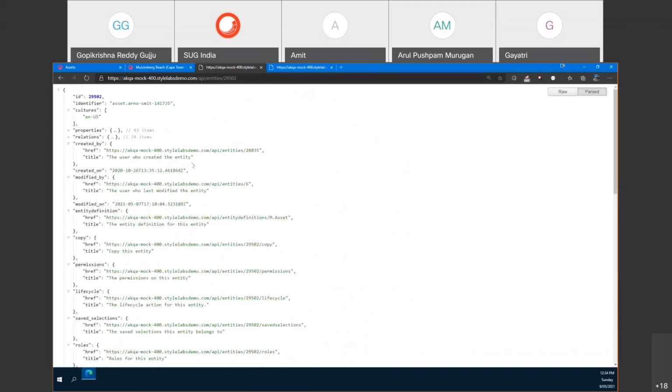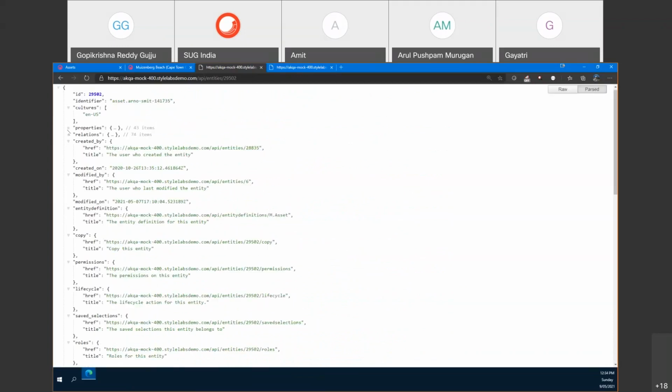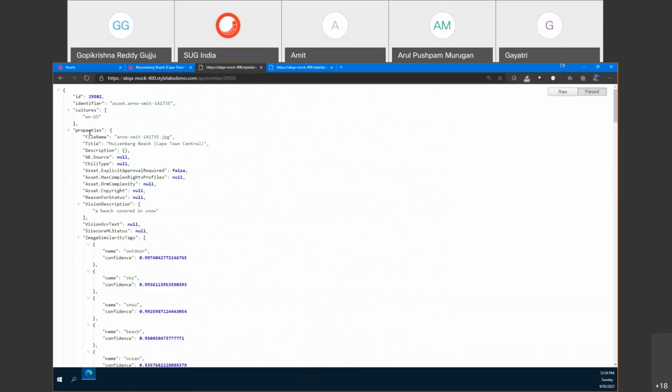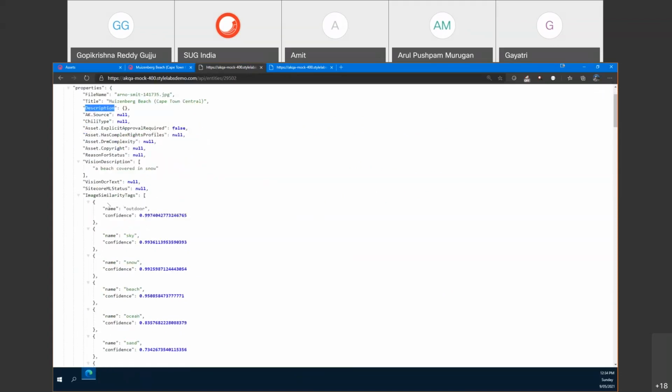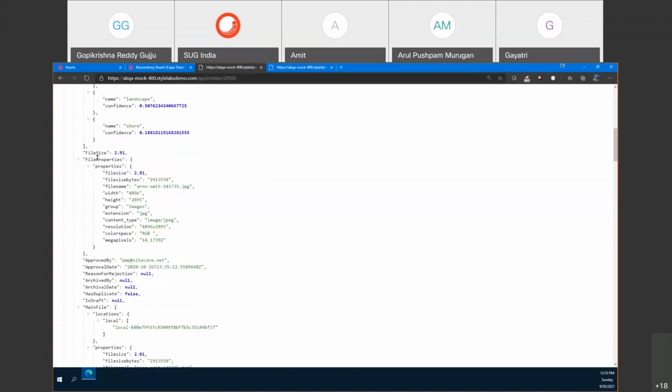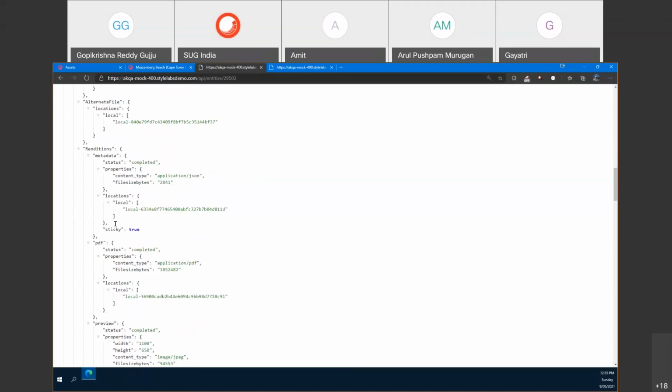Why I'm telling you is that when we are working with the web client SDK, or when you are implementing some functionality in the code, we do come to this interface a lot. So we'll see, okay, what is the name? Let me go to a particular property. What is this property name? This property name is file name, so that is a unique identifier. I need to pass this property name, this description, and some other file properties, so I need to navigate in between. A lot of these things we do.